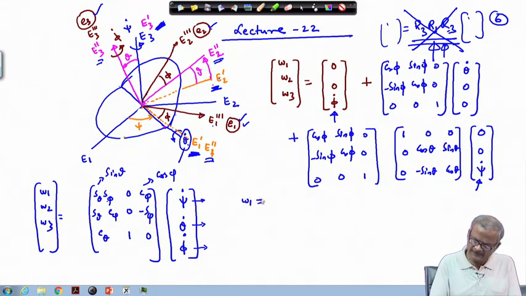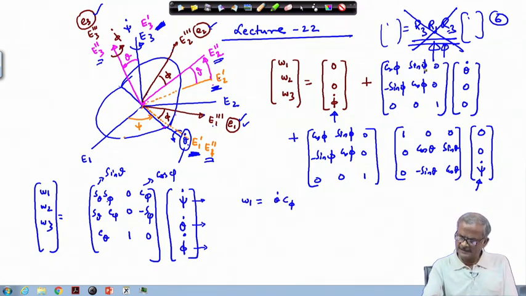So, omega 1 will be from this place I am writing here, there is no component along the omega 1 direction, this part theta dot plus cos phi. So, theta dot C phi, sin theta is 0. So, this is 0, this is 0. So, nothing contributes here. Now, we have to come to this place. So, this is little complicated, we have to first do this and then operate by this. So, first we need to work it out.